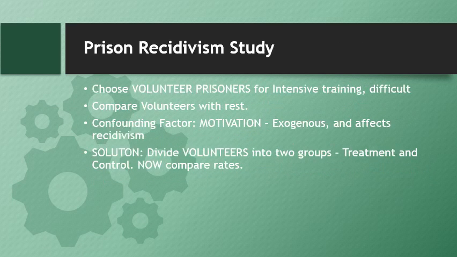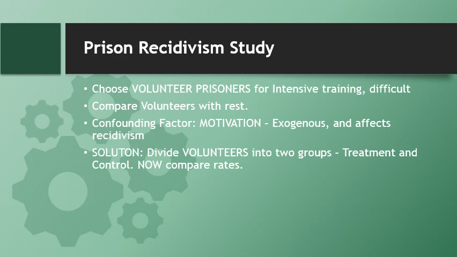In the USA, which has the world's largest proportion of people in prison, the word recidivism means that when people are released from prison, they end up going back to jail for similar crimes sometime later. So there was a program conducted to try to reduce this recidivism. What they did was they chose volunteers from the prison for intensive and difficult training. It was a tough workout.